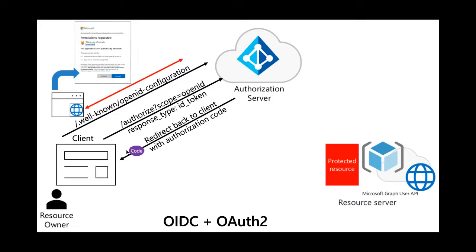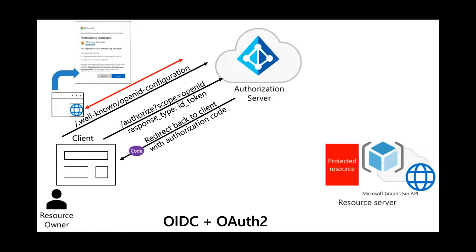So if I were to do the implicit grant flow, for response type I would say token, and I would be getting back the access token directly in the browser. And that's why the implicit flow is less secure, because I could intercept that callback from the authorization server to the client, and I would have the access token. So the more secure way to do it is with the